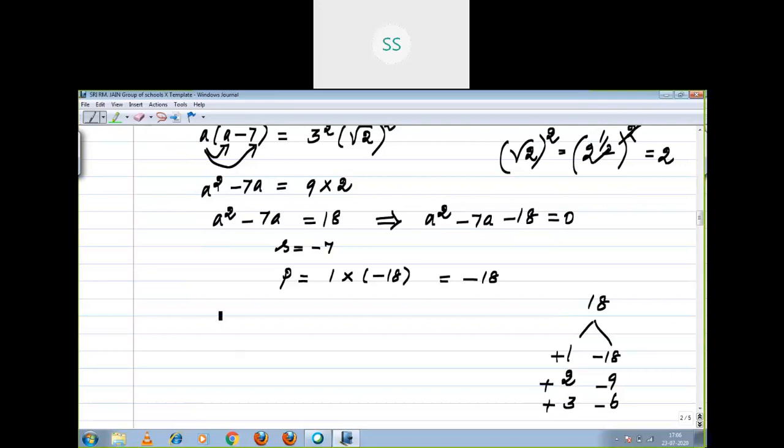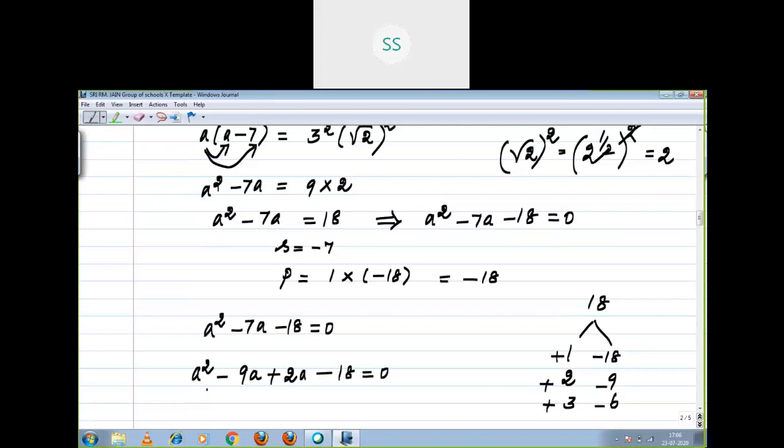Now I am going to split the coefficient of a alone. a square minus 7a minus 18 equal to 0. a square minus 9a plus 2a minus 18 equal to 0. See, minus 9a plus 2a, you arrived at minus 7a. I didn't disturb the given, right? But at the same time, for our convenience, we wrote the format, right? You have to concentrate on both. We should not disturb the given; at the same time, for our convenience, we have to modify.